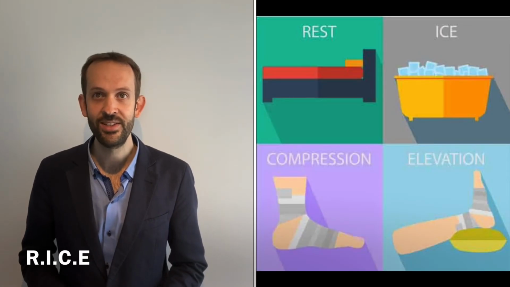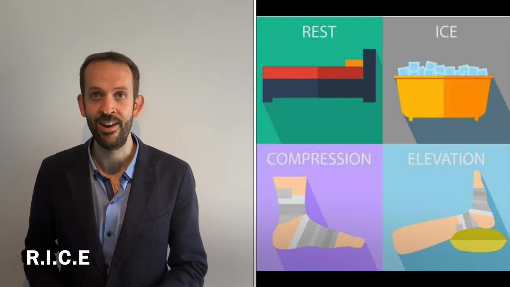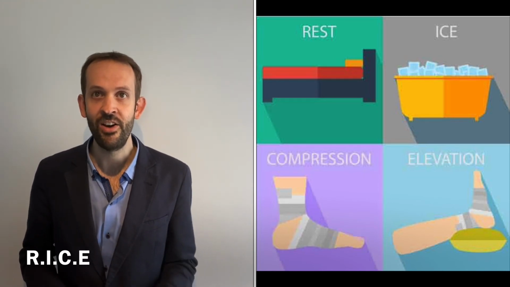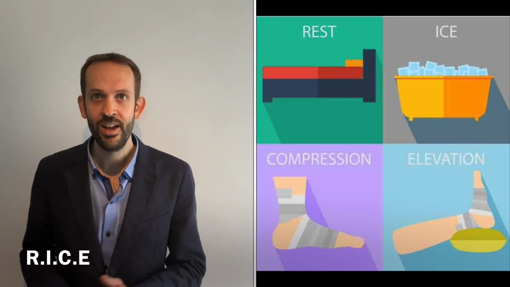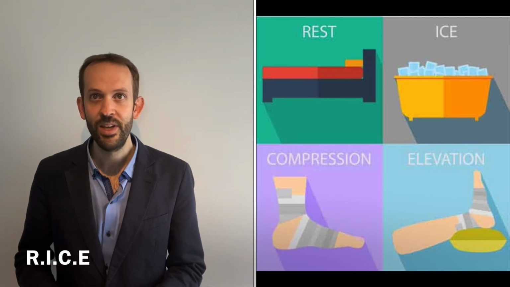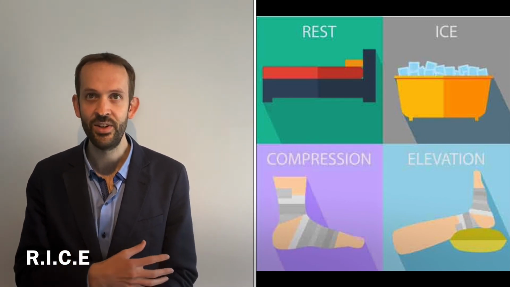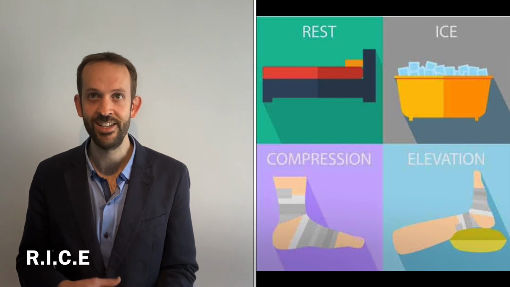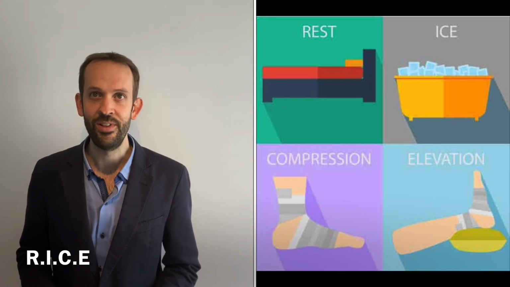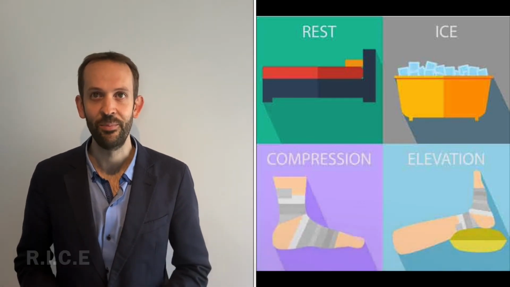You can also try the R.I.C.E. method, which is often very effective for tendon injuries, and that involves rest, ice, compression and elevation. So rest, you stay off the affected body part as much as you can. Ice, you wrap ice in a towel or something similar and apply it to the area for about 10 minutes. Compress, you use an elastic bandage over the area, but not too tight. And elevate the area, keep it raised on a pillow or other device, and this helps to reduce the swelling.